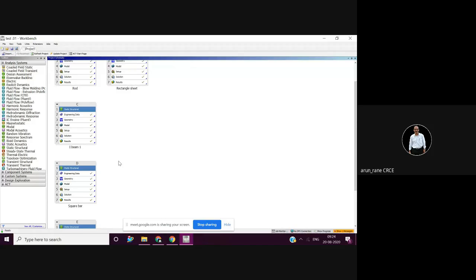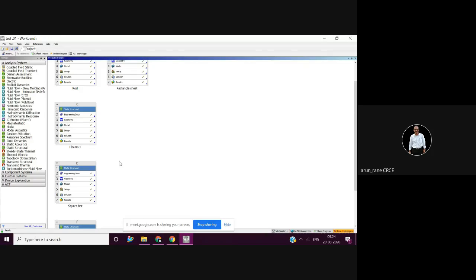In SolidWorks, the modeling is the easiest because it's quite good and menu driven, whereas in ANSYS it is a bit difficult. So we do modeling in other software like SolidWorks, Unigraphics or Pro/E, and then import it.